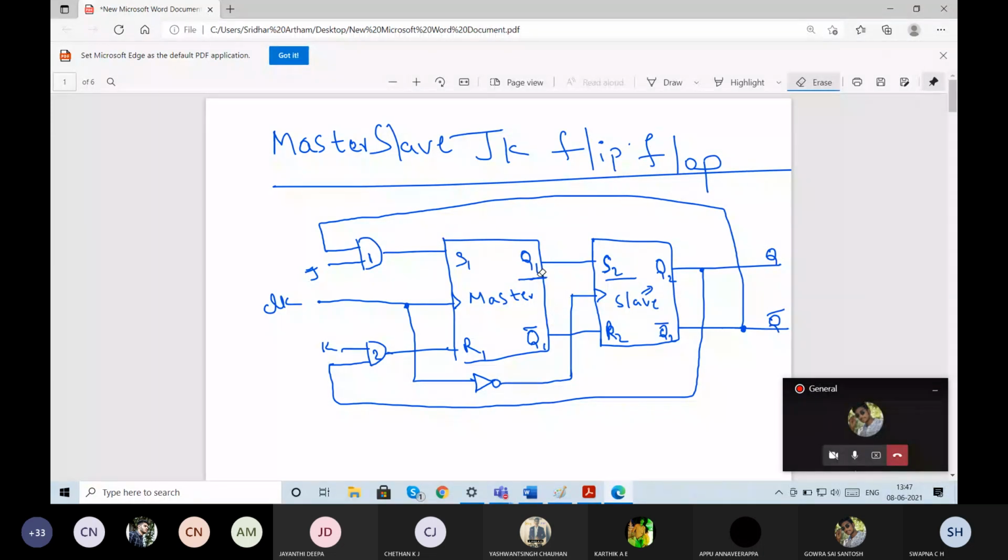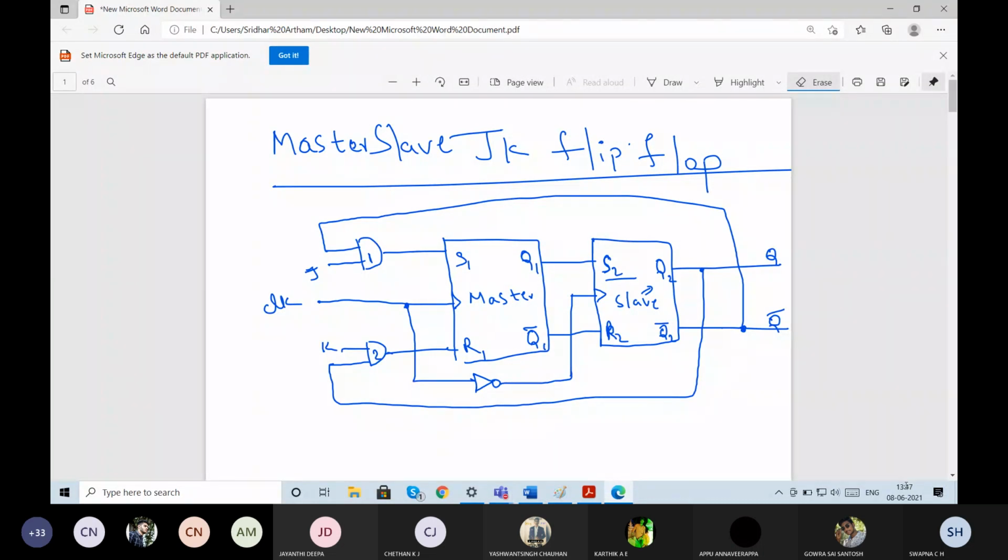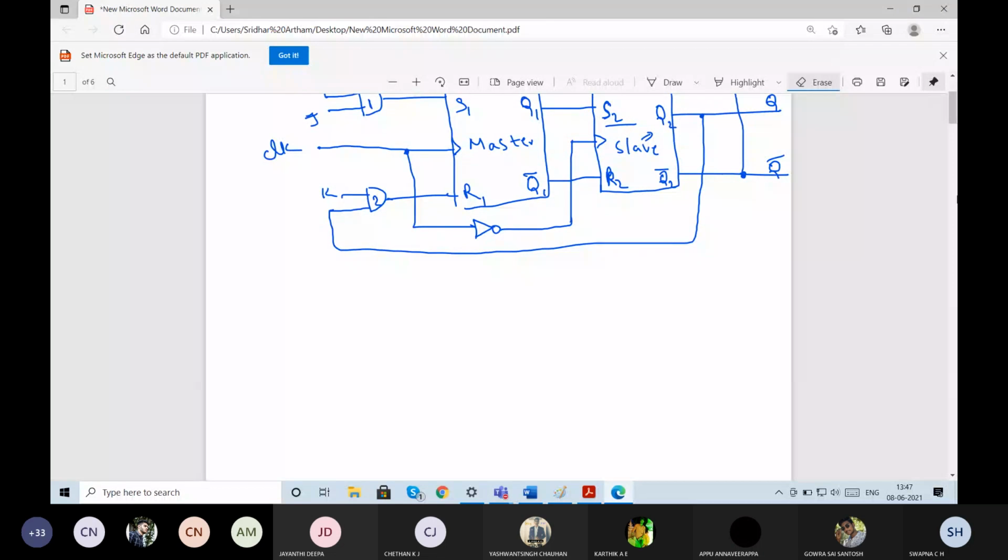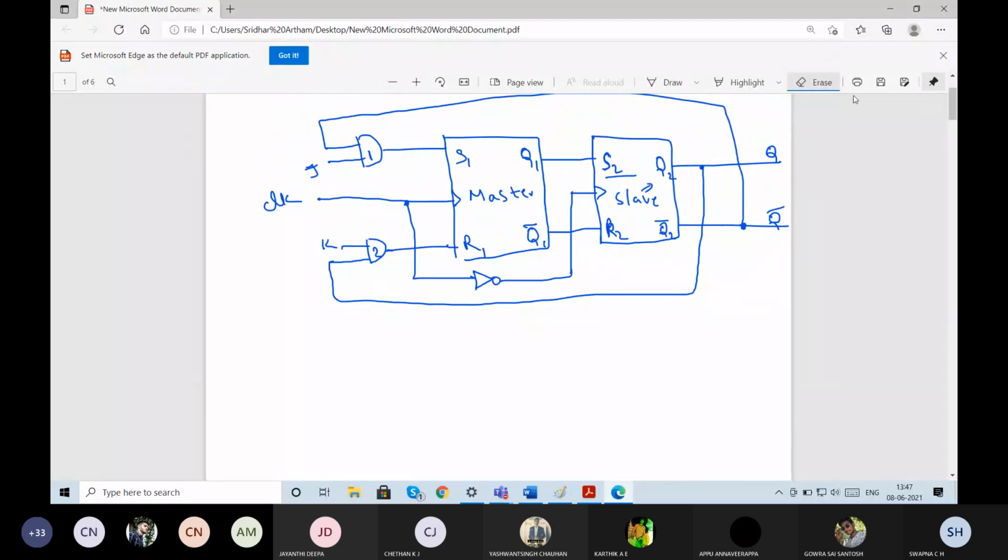Again, we'll write the truth table for this, same as usual. But one more thing I want to mention here. The clock signal is directly connected to the master, whereas to the slave it is inverted and connected. Let me consider, as you know, the clock signal is nothing but